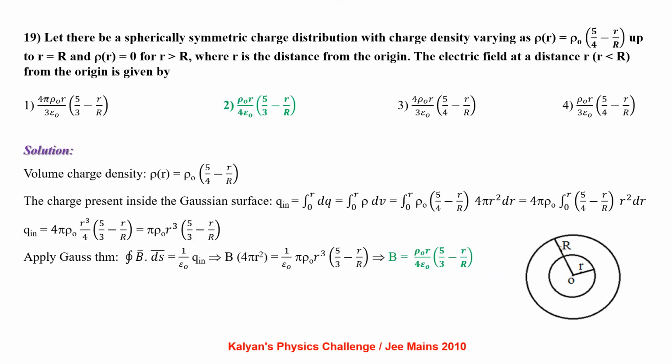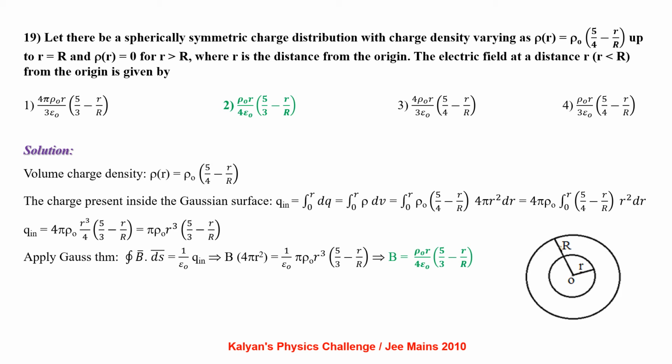Let there be a spherically symmetric charge distribution with a charge density varying as rho of r equal to rho naught of 5 by 4 minus r by R up to r equal to R, then rho of r equal to 0 for r greater than R, where small r is the distance from the origin and capital R is the radius of the spherical symmetric charge distribution. The electric field at a distance small r, which is less than capital R, from the origin is given by